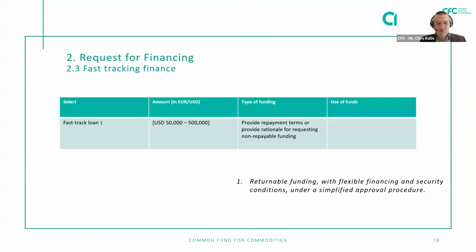Now, traditionally, this is one of the most competitive product lines of the CFC because it serves small ticket sizes. So we reserve those financing instruments for highly innovative cases with high impact potential and additionality for the CFC. One important note here, you could use this instrument for a loan application like trade finance or working capital or term loan for up to 500,000. So if you are a company interested for a small amount, up to 500,000, you could use this facility for your application. We do have a revenue cutoff that's up to 3 million revenues per year for a company.